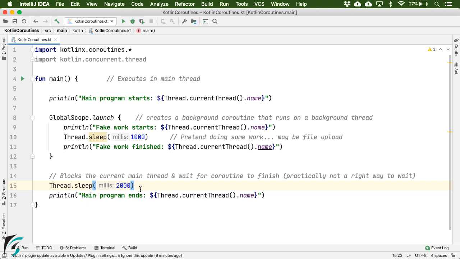Now here you might ask a practical question. Suppose our real job is to upload a file to the server, for which you need to write code in place of this statement over here. In that case, practically it would be impossible to know how much time it will take for the file to get uploaded. In short, we won't know what time we need to fill here within the thread.sleep function so that we can wait for the coroutine to finish, right? Which means practically this statement is useless for real projects.